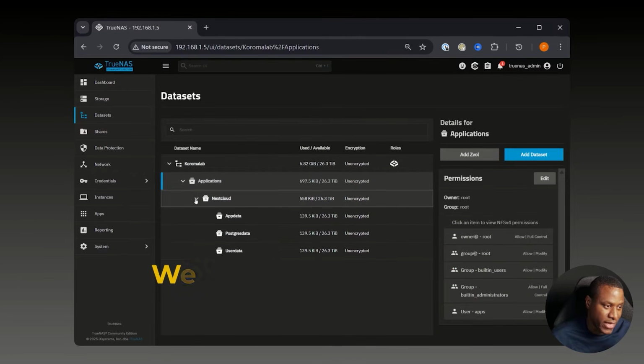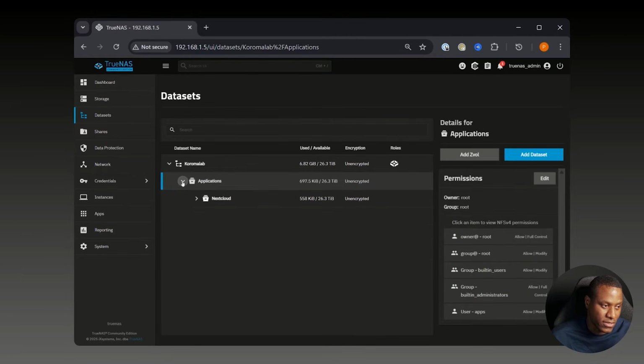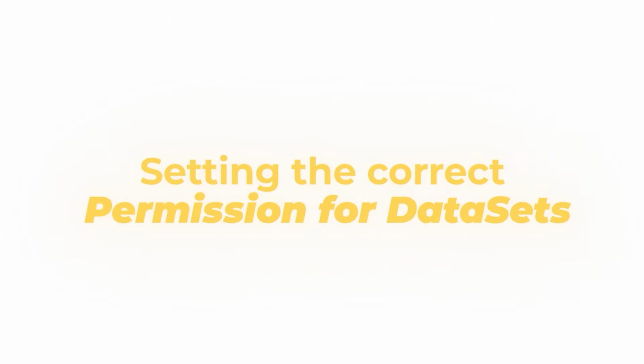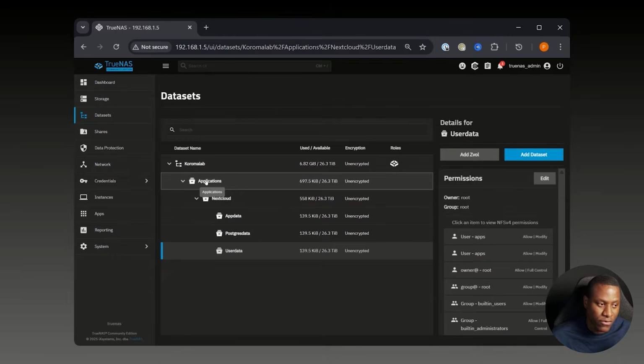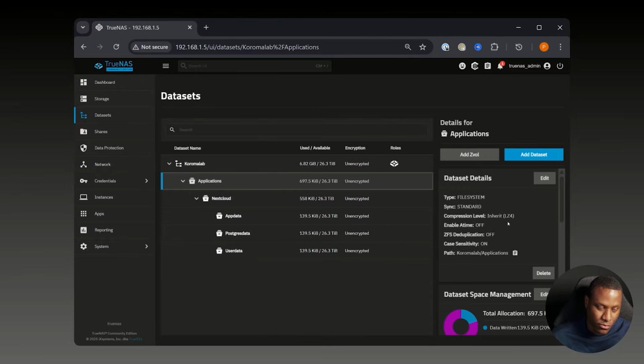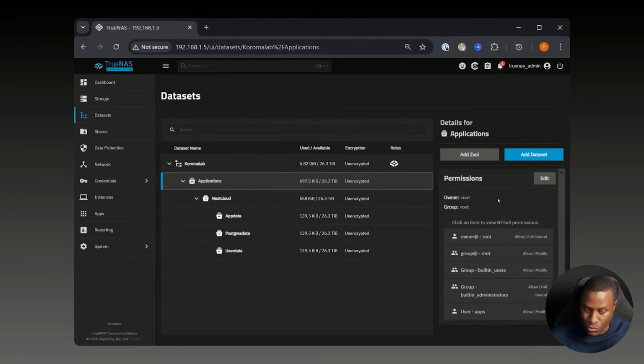We have the application. I'm going to minimize things so you can see it. We have the application, we have Nextcloud, and in Nextcloud, we have 3 more data sets. Now, the next thing that we're going to do is set the correct permission to those data sets. So if you click on applications and scroll all the way down,